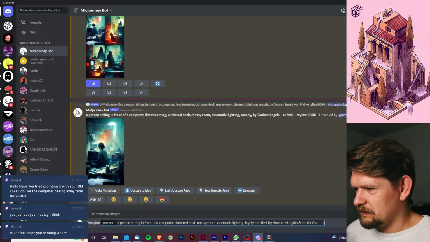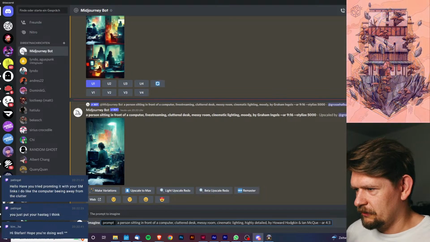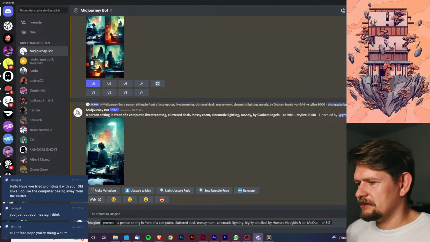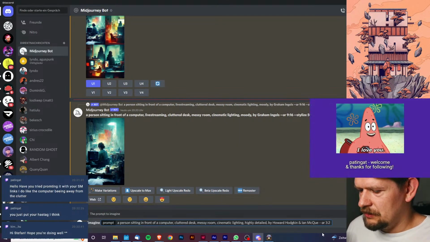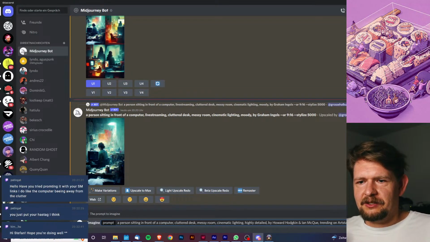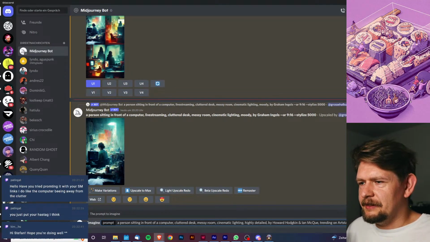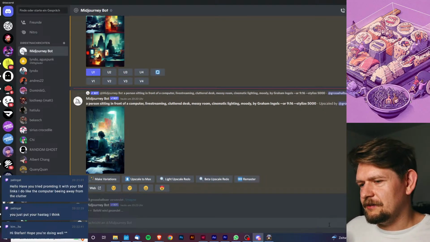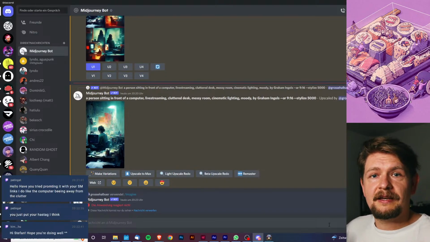And let's make the aspect ratio this time. Let's make a landscape scene, let's make 4:3, or no, let's make 3:2, and let's keep the stylized thing out. And one thing I want to do is add trending on ArtStation. I know that everyone does that, but the cool thing is that it really works. So what does trending on ArtStation mean here? It's kind of taking images that are right now popular on ArtStation, and